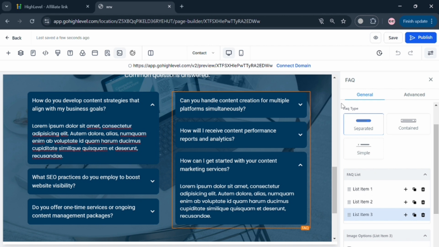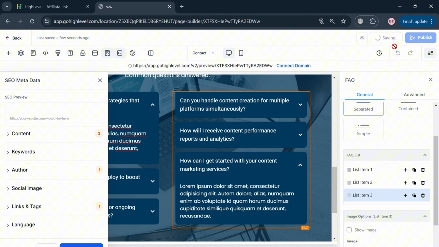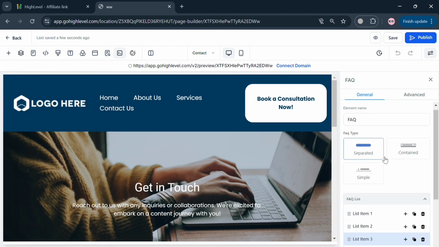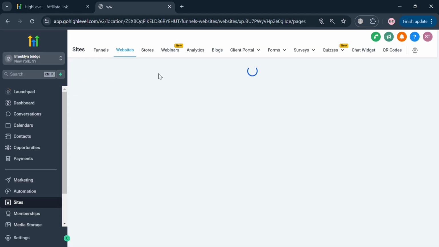For example, this one, you can highlight this and start changing it depending on your preferences. But if you want to save the changes now, you can start clicking the save button on the top right corner, or the publish button if you want to publish it right here. So that is just basically how you can start customizing and start creating a website from template on this GoHighLevel. Now going back on this page,